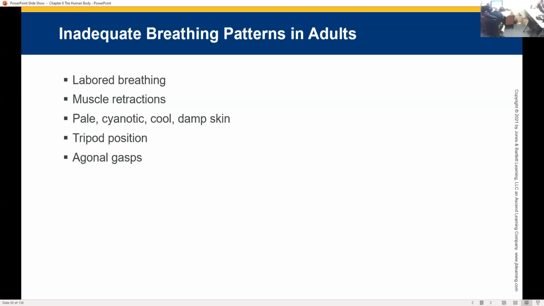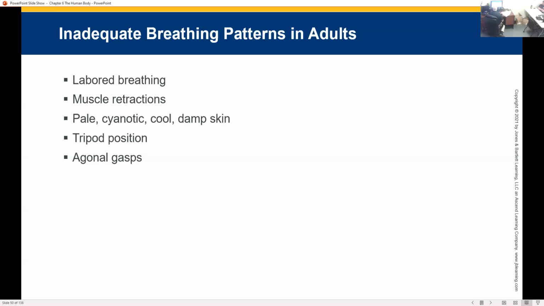Muscle retraction. Now, you can see muscle retraction in adults, but it's mainly really skinny people. If you've got a very thick chest wall and you're about 300 pounds overweight, you're not going to see retraction. I'll go ahead and say that, okay? In fact, I'm kind of picking on Josh a little bit. You wouldn't see retractions in Josh or me, okay? So